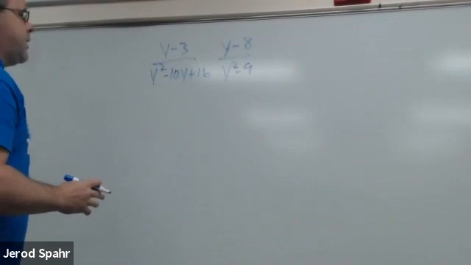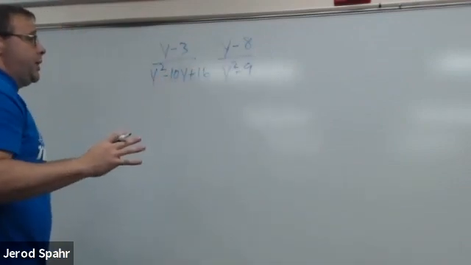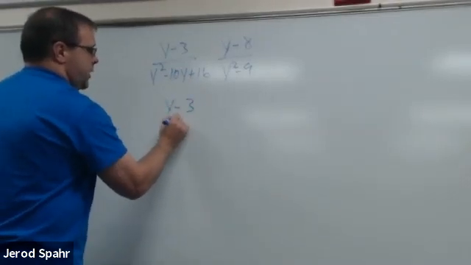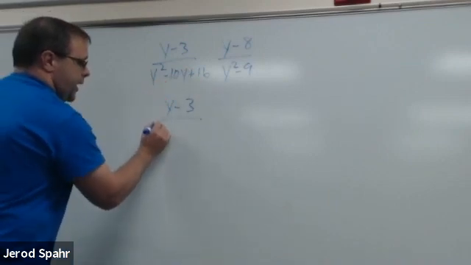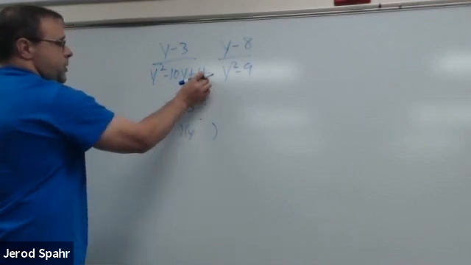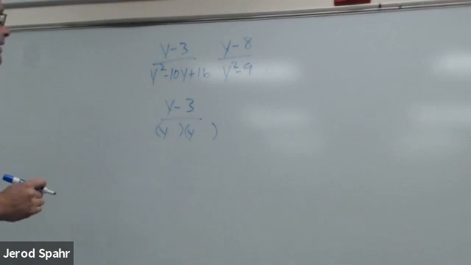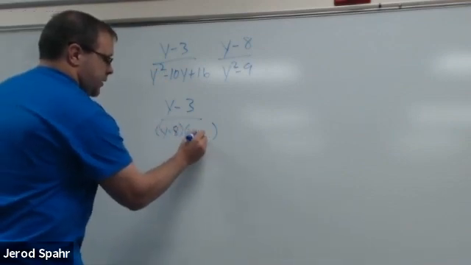So I'm looking at this going, oh man, this is already done. The top is pretty good. The bottom is where I'm having problems. So I'm going to go y minus 3 over 2 sets of parentheses. This tells me the signs are the same. It tells me they're both negative. A y and a y. 2 numbers multiply together to give me 16, and they add together to give me 10. Ooh, 8 and 2. Remember, it's minus